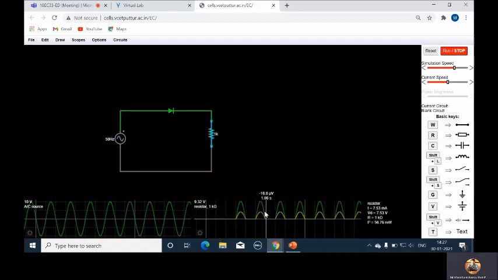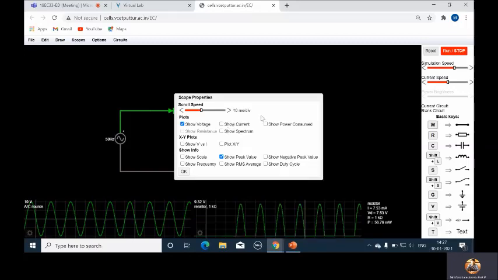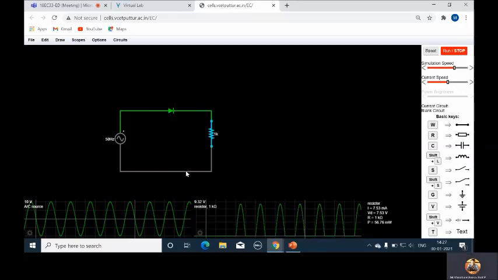Again, stop it once. Right click, properties, uncheck this current. See, this is my input waveform with peak amplitude of plus 10 volt during positive half cycle and minus 10 volt during negative half cycle. And at the output side, across the resistor, I have 9.3 volt peak value.